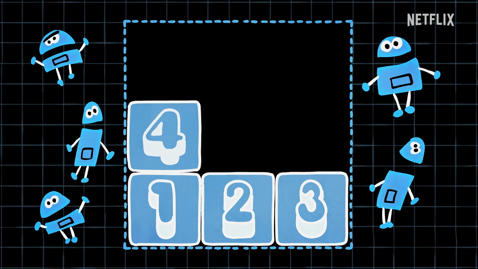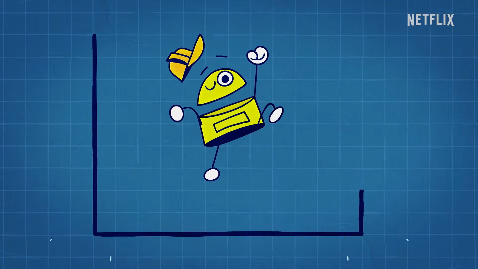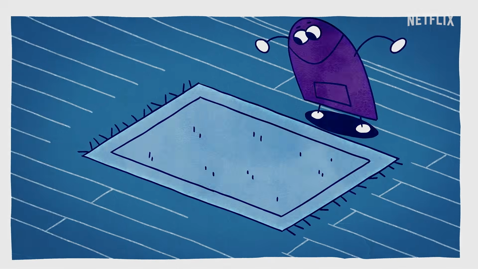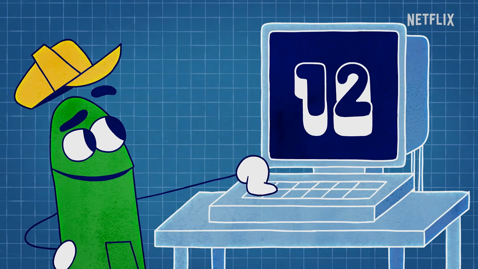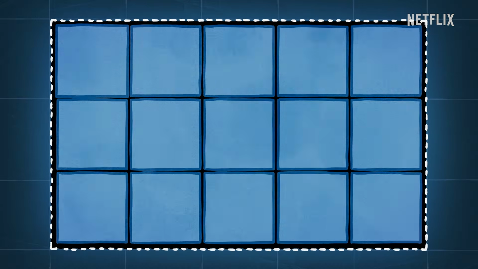Count 1, 2, 3, 4, 5, 6, 7, 8, 9. It's measuring time, the area. If you want to know the area of your front door, a picture on the wall or a rug on the floor, with a little bit of math and some measuring skill, you can find the answer. You know the drill. Length times width, when they're multiplied, you get the number of the square units inside.